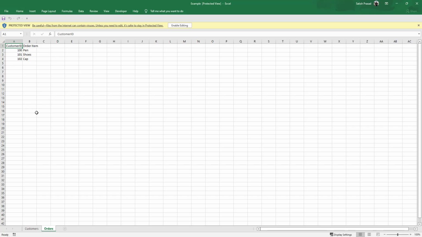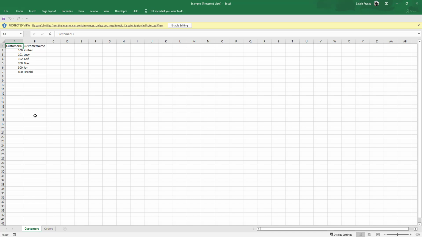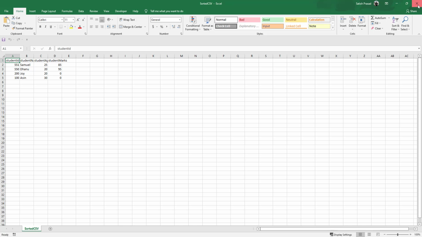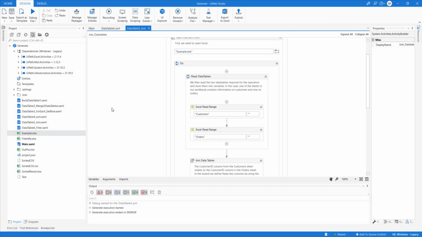We have a customer ID and order item, and here is the customer name. Look at this example carefully because most of the time you need to perform a join operation between two spreadsheets or between two Excel files. So if you do not understand anything, feel free to stop me.